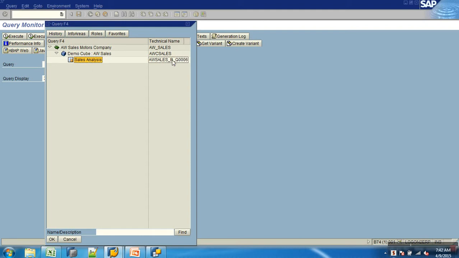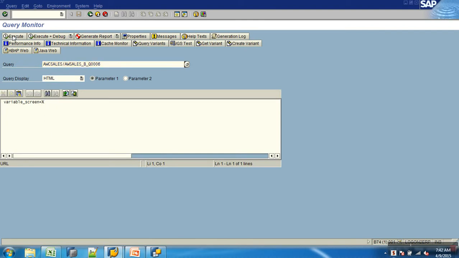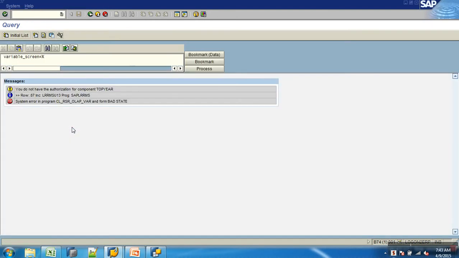So let him select this, and then let him run this. He can run and do all those, but he will not be able to change that query.